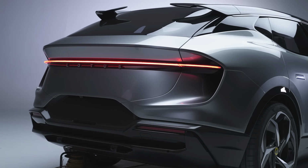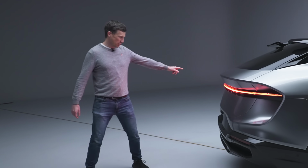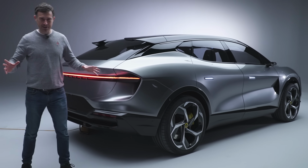It's pretty swoopy, isn't it? Oh, I like this. I'm a bit of a fan of a light bar, and this has got one serious light bar. This reminds me of the Evija. I'm liking that. Anyway, we're going to go into more detail on the design in a bit